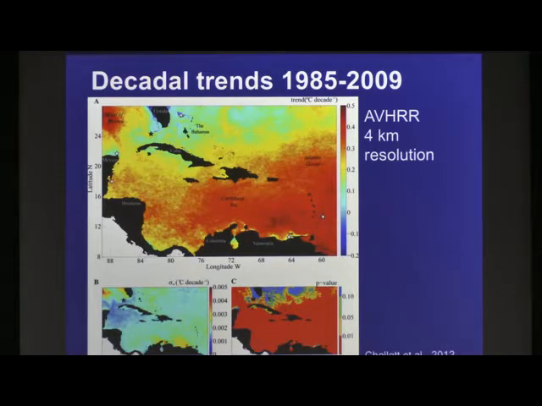This is just 25 years of data. For the trend to be significant, we need to have more data, so they're limited to 25 years. This is the noisier part of the Caribbean and Gulf of Mexico when we're looking at trends. And our Dry Tortugas site is right here on the edge of where we move from not being significant to being significant.